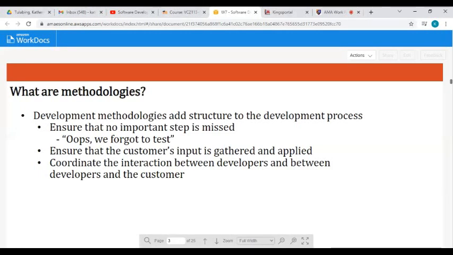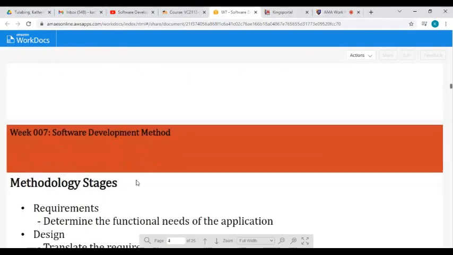engineering processes. Okay, so these are the software process models or methodologies that we're going to discuss here. The Waterfall Model, the Incremental Development Model, and reuse-oriented software engineering, as well as the spiral model. Okay, now let's talk about